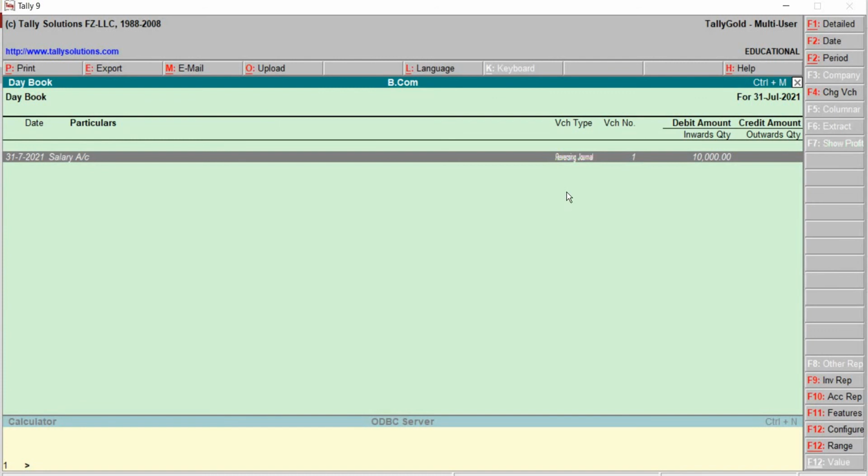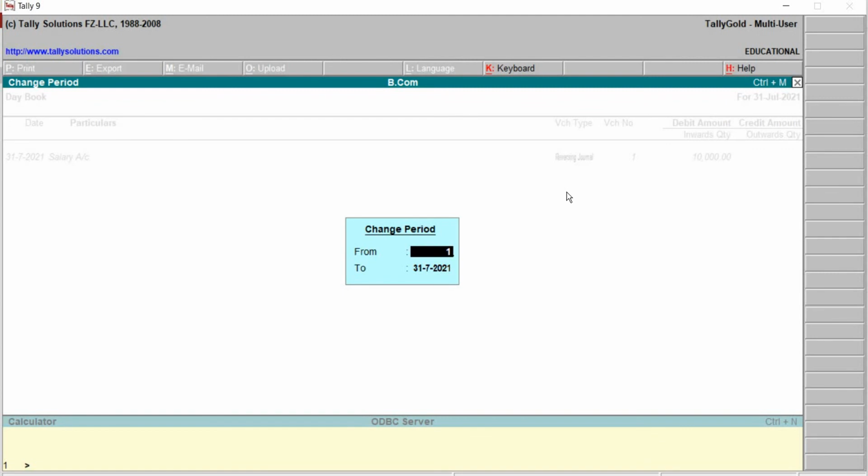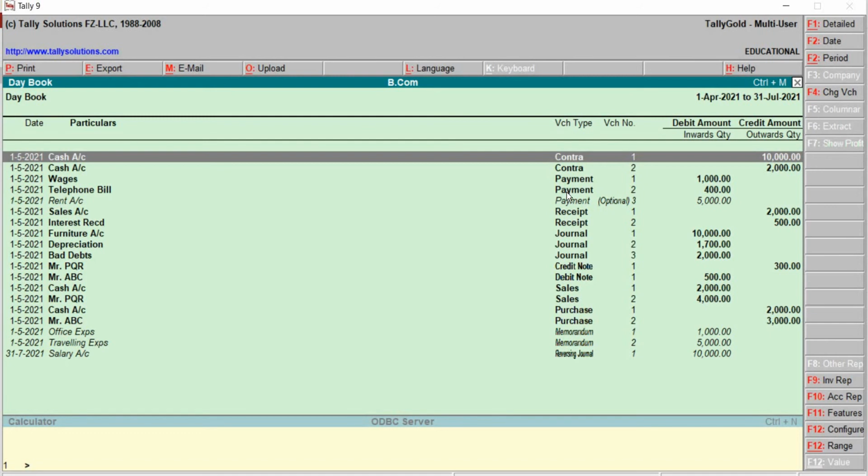And here we can see only one particular transaction, right? To see all the transactions, we have to change the period, Alt and function key F2, 1st of April 2021 till 31st of July, right? Okay.